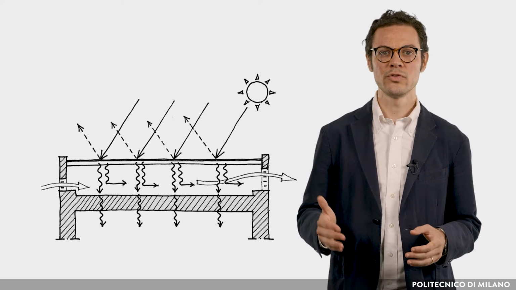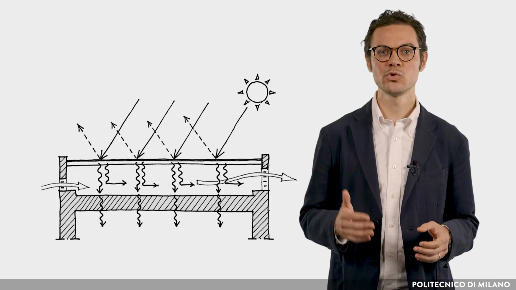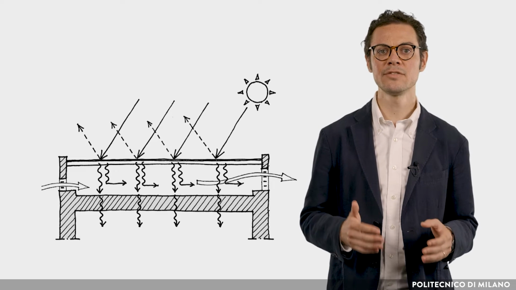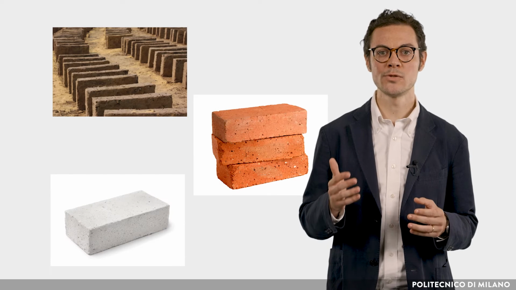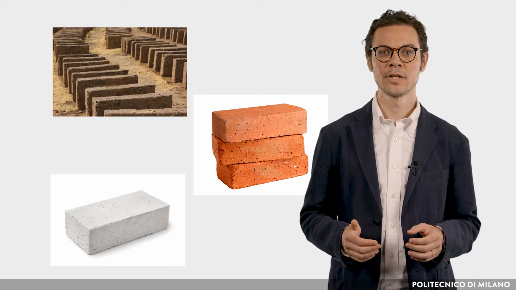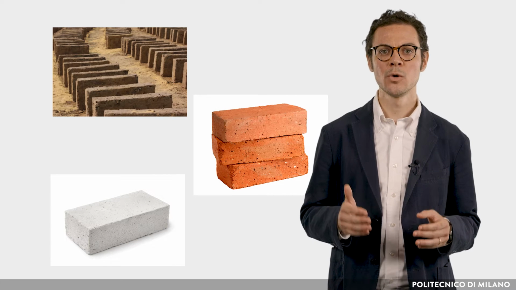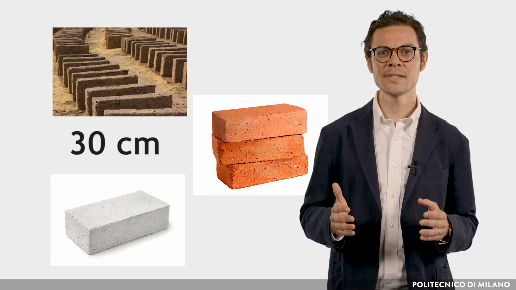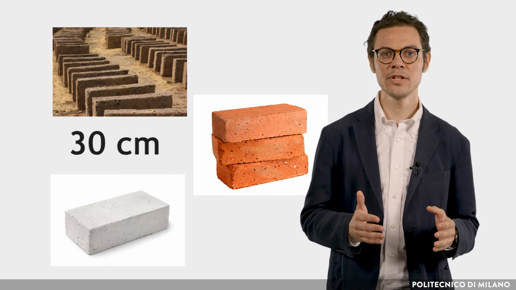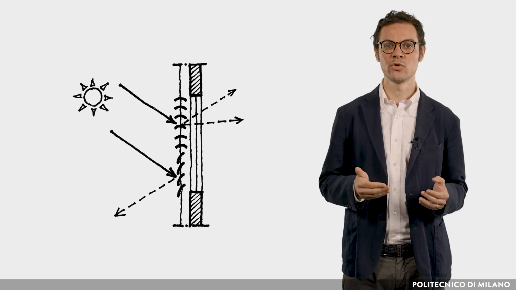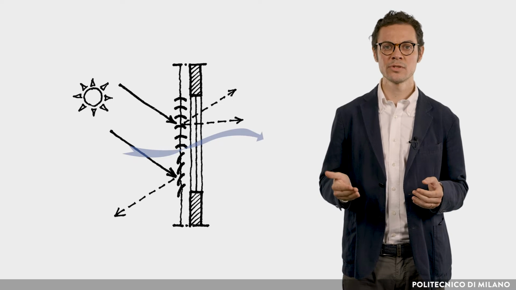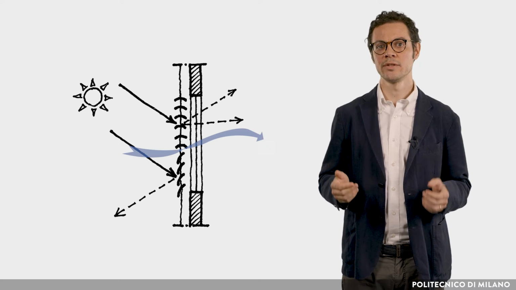Alternatively, if the roof is lightweight, the ceiling should be heavyweight and the attic ventilated. Heavyweight walls are climatically well suited for this zone. Brick or soil cement walls should not be less than 30 centimeters. The thicker, the better. For windows and ventilation openings, solar protection is, of course, recommended.